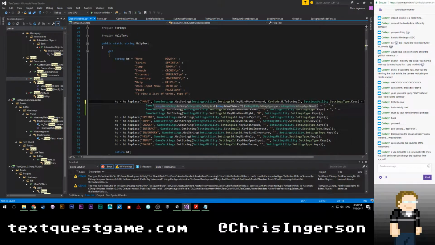I'm going to say keycode.w.toString. So it's going to be a lot of this stuff, key codes to strings. And .a, s. Yeah, my philosophy as far as key bindings goes is that you always need to allow for rebinding keys, but also you need to put in as much effort as possible to make your initial configuration make sense.